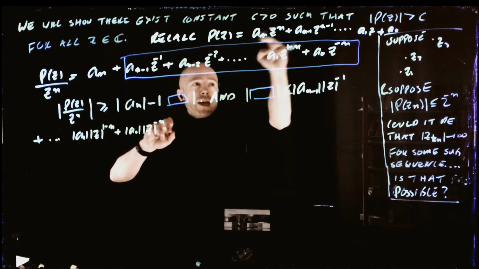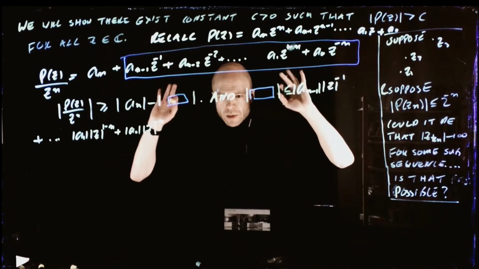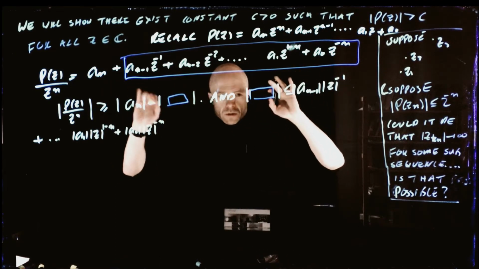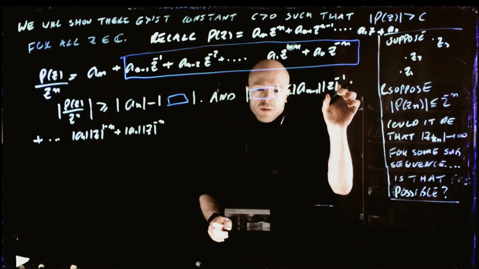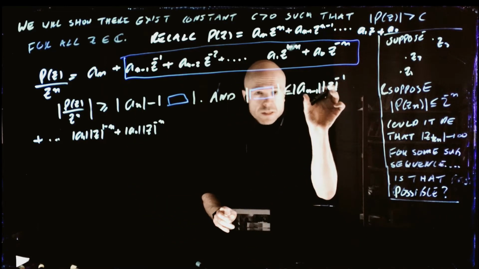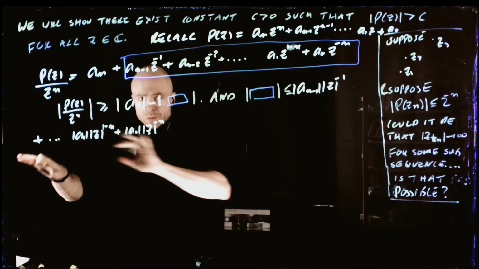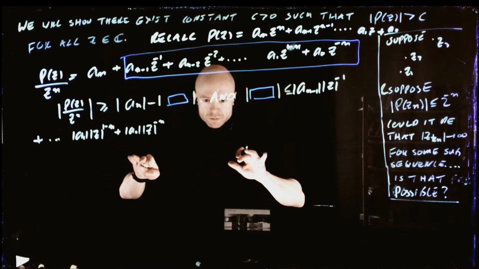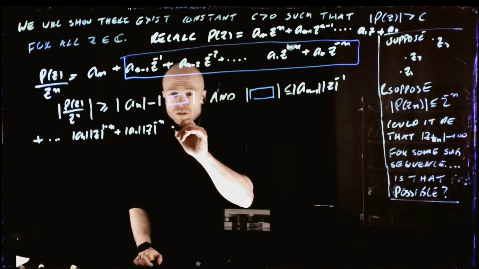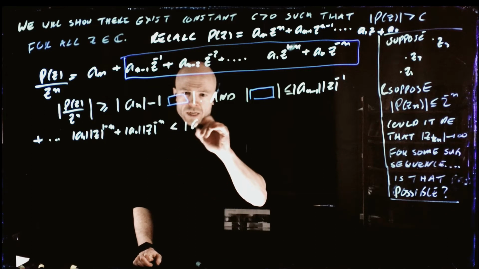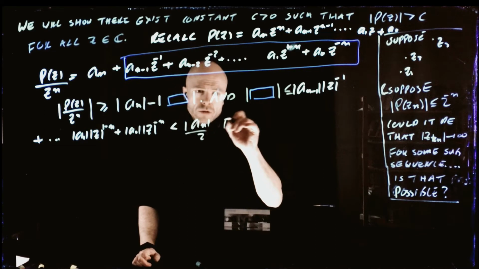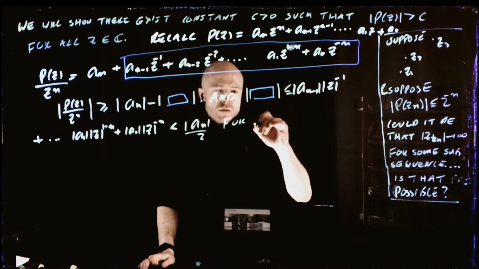These coefficients, a1, a2, a n, whatever, they're just numbers. So we can make mod z big enough so that it makes this term small, this term small, all these terms small. So this can be less than the absolute value of a n over 2